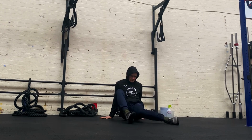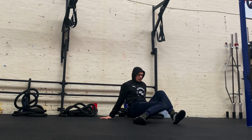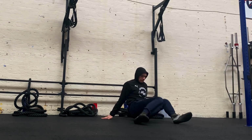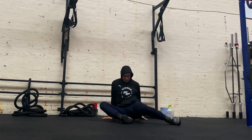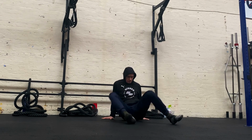Then pivot on the heels, and I want you to bring the knee down towards the opposite heel. Trying to keep the knee that's static in place and not moving. It's not easy to do, so don't beat yourself up if you can't do it. And then we're going to pivot both knees from side to side, knee to heel, as you go. Keep that chest facing forwards the entire time, just loosening off those